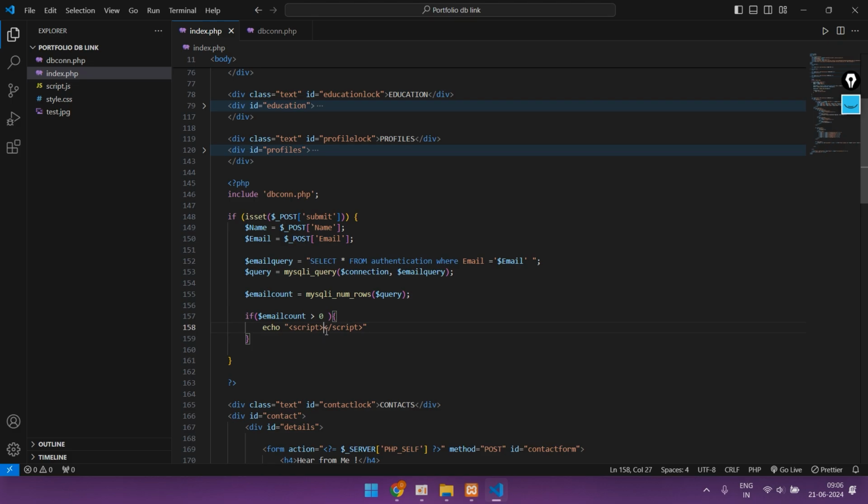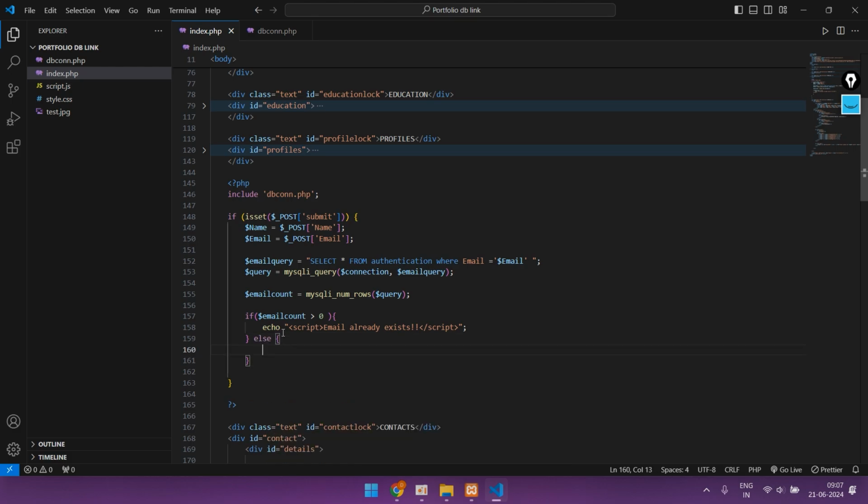Inside this script we can write, let's say, email already exists. So if the email count is greater than zero, that means if a similar email is already present in the database, we can show the user that email already exists. Or else, that means if the email does not exist, then now we can enter the details